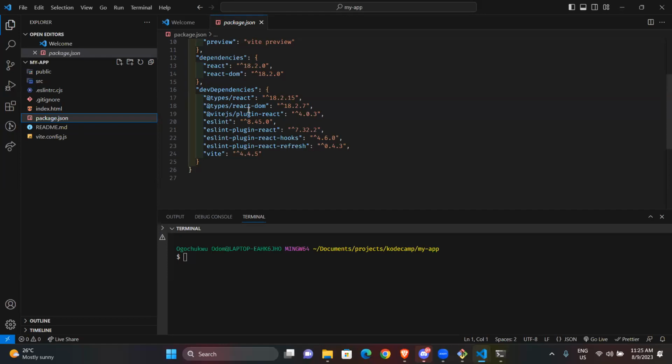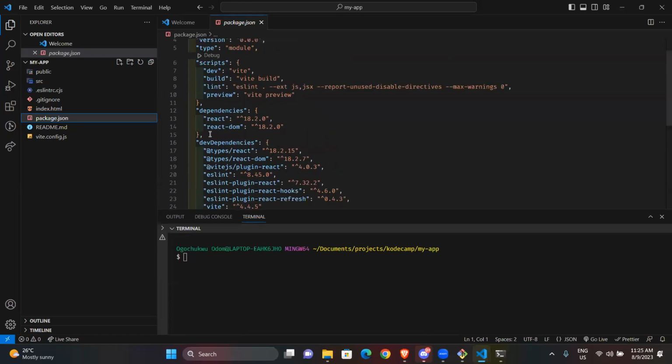So this separates things: the major things that you need even when you deploy it are inside dependencies. The ones that you need when you're working on it currently are inside the dev dependencies. I hope we understand that. Are we clear on that? Because I want to move further.